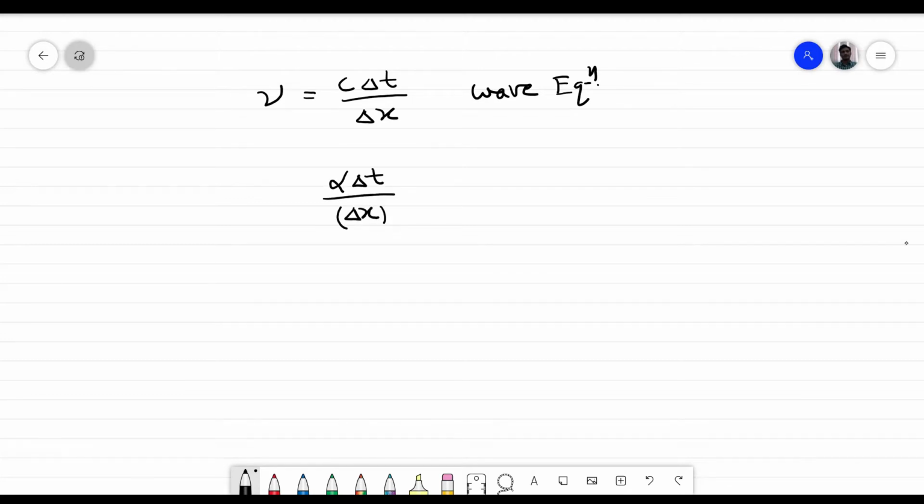We considered explicit and implicit both of the methods, and I asked you to find out a suitable parameter nu, which was C delta T by delta X for wave equation, and alpha delta T by delta X square for heat equation,